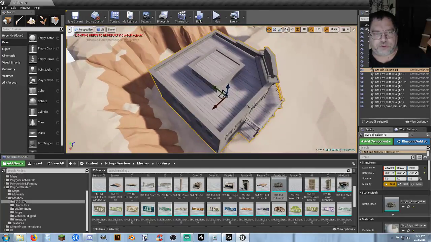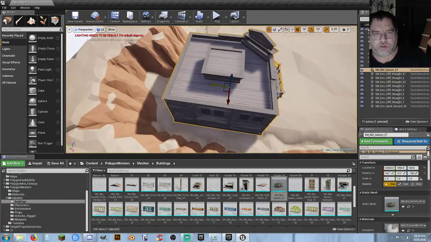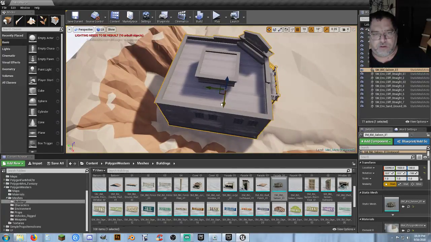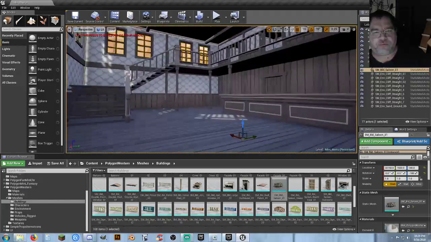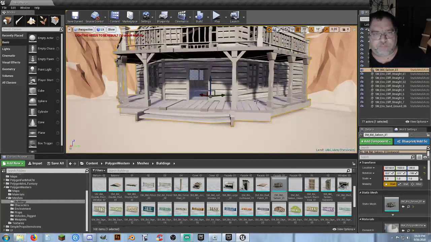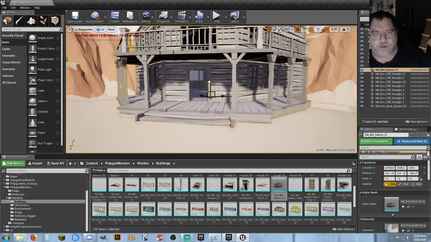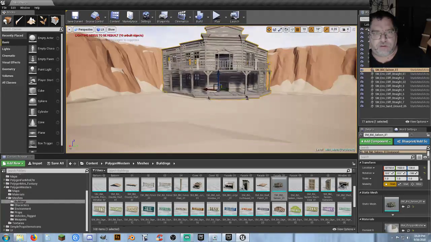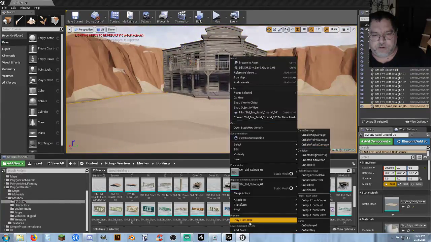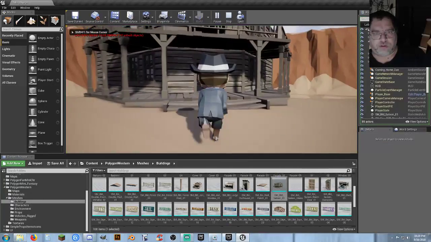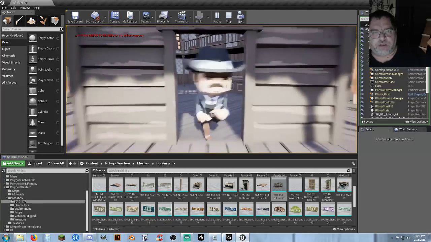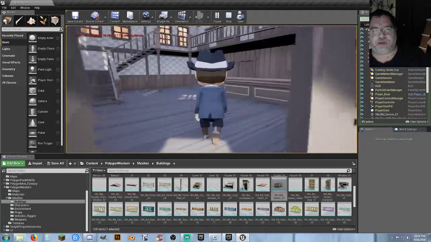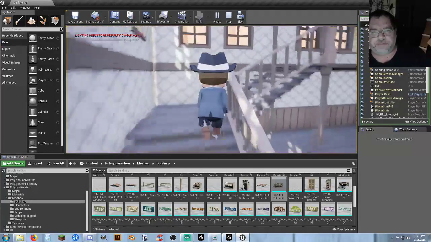Just want to kind of shove it up here into the corner. But I still want to make sure that I'm not clipping through anywhere and that kind of stuff. So let's go ahead and play from here. See, I think these guys, the minis, will be a little bit too chunky looking. They fit and they work, but